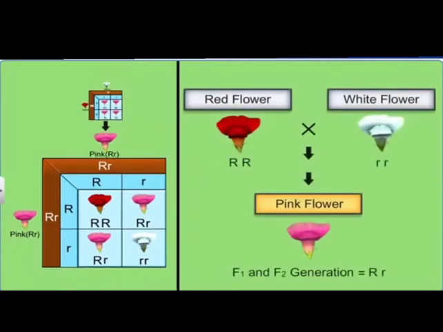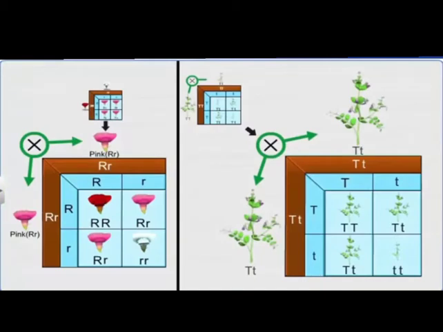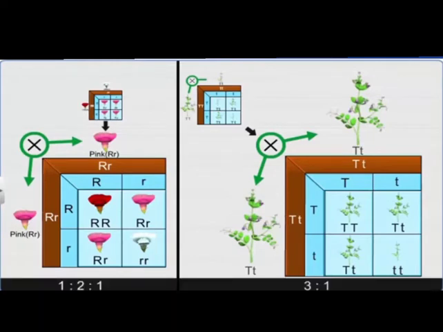Thus, when a dominant allele does not completely mask the phenotypic expression of the recessive allele in a heterozygote, a blending of both the dominant and the recessive traits takes place in the F1 and the F2 generation, and this phenomenon is called incomplete dominance. And this is the reason why the phenotypic ratio obtained in the experiment on Snapdragon flower is different from that